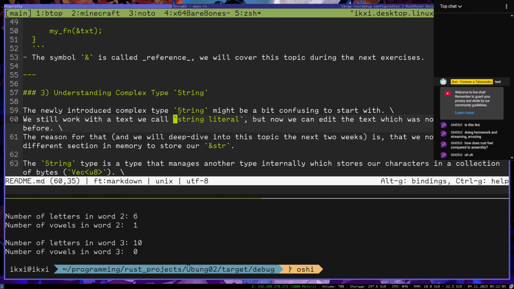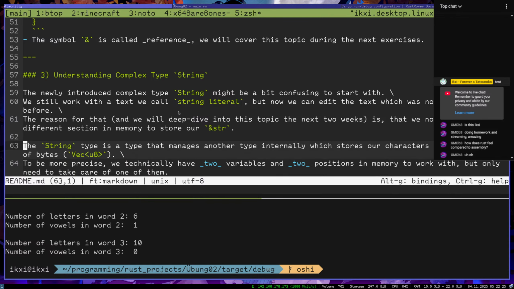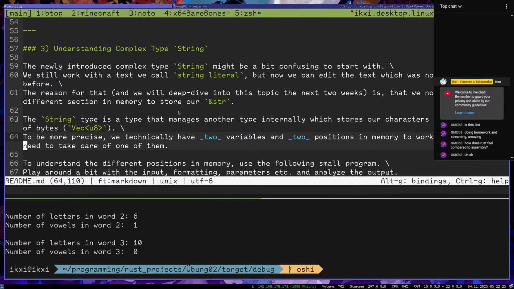We still work with a text we call string literal, but now we can edit the text, which was not the case before. The reason for that, and we will deep dive into this topic in the next lessons, is that we now use a different section of memory to store our string. Alright, the heap and stack stuff.